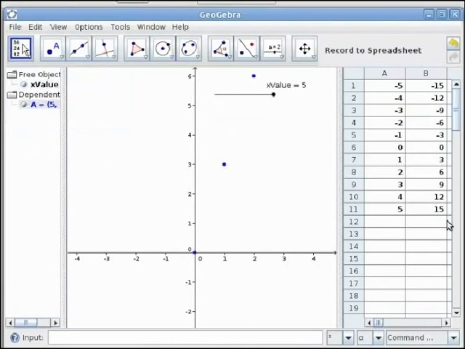Once this lesson is prepared, you can ask students to predict the function by seeing the visual trace or the data in the spreadsheet view. The predicted function can be input in the input bar as f of x equals 3 times x. For times in GeoGebra, we can just use a space and press enter. If the prediction is correct, all the points traced will fall on the line that was input. To summarize,